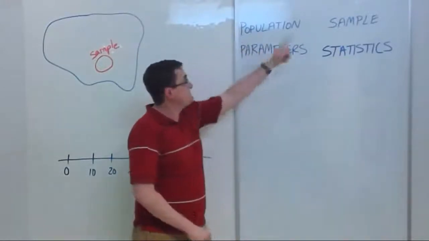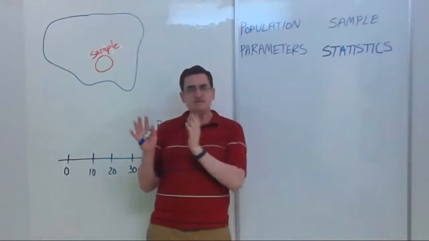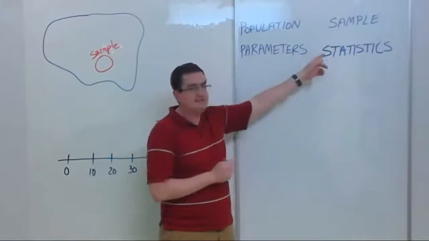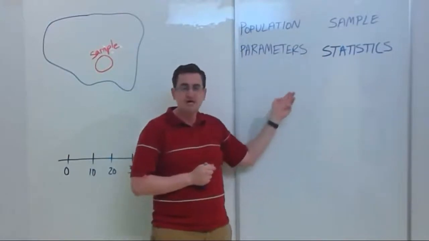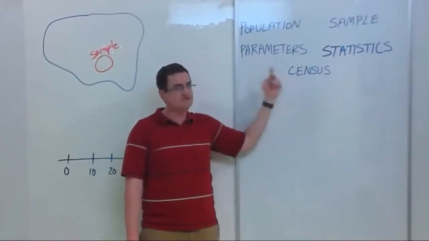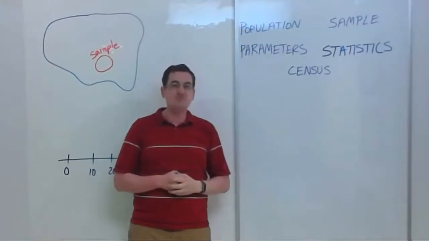How close could you get? Imagine if you sampled the whole population. Well, now it gets fuzzy. Are we talking about the sample or the population? You're getting a statistic from the sample, but in that case, it would match the population. That's what we call a census, which kind of fits somewhere here in the middle because I'm not real sure where it qualifies. Sometimes a census isn't really realistic.